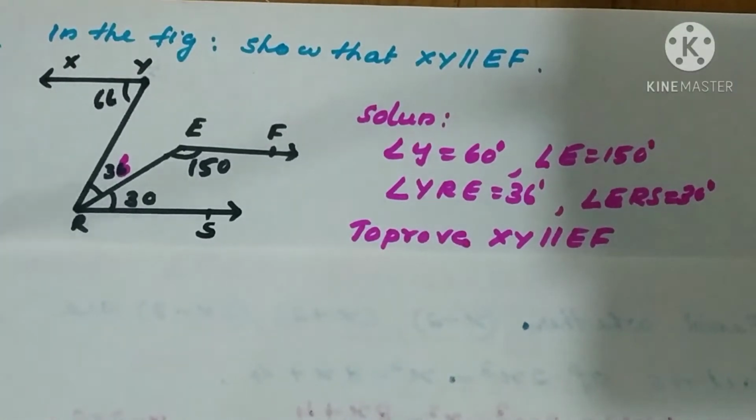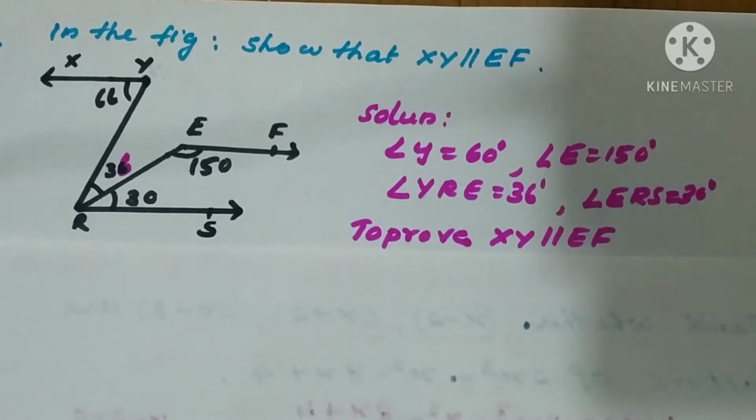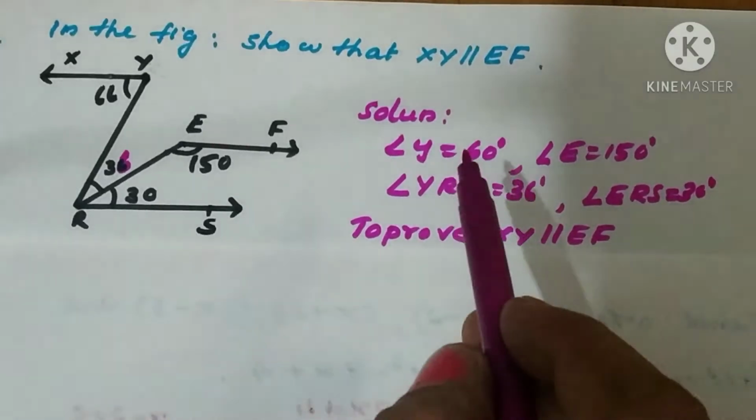Next question: in the figure, show that XY is parallel to EF. The diagram is already given. There is no need to copy the diagram unless we are doing further constructions. Otherwise we must use the same letters or angle measurements given in the diagram. You cannot add your own angle 1, 2, 3 like that. If you change the letters to numbers or anything else, we must draw the diagram in the paper and specify which angle you have taken as angle 1, angle 2. Here nothing is required. It is a 3 mark question, so we should write the solution.